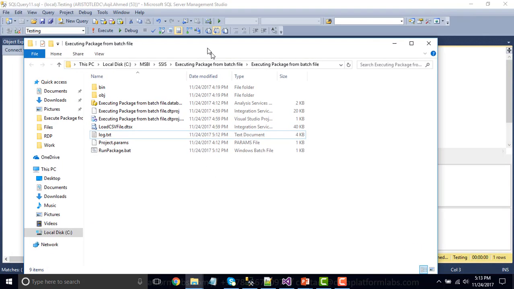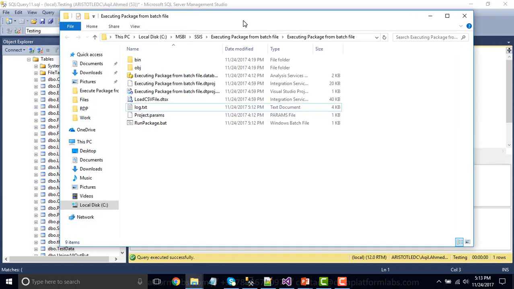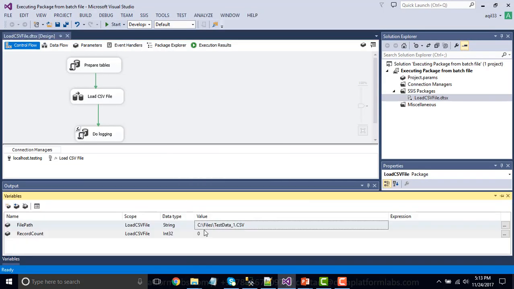Now we want to pass the value of the SSIS variable file path from the batch file. We have an SSIS variable here, and we want to load the test data underscore 2 file instead of the 1 file.